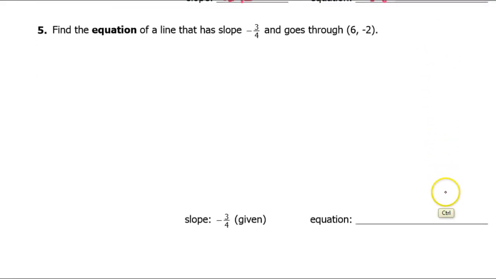Looking at number 5. Now, when I get things that are more involved, what I like to do is make